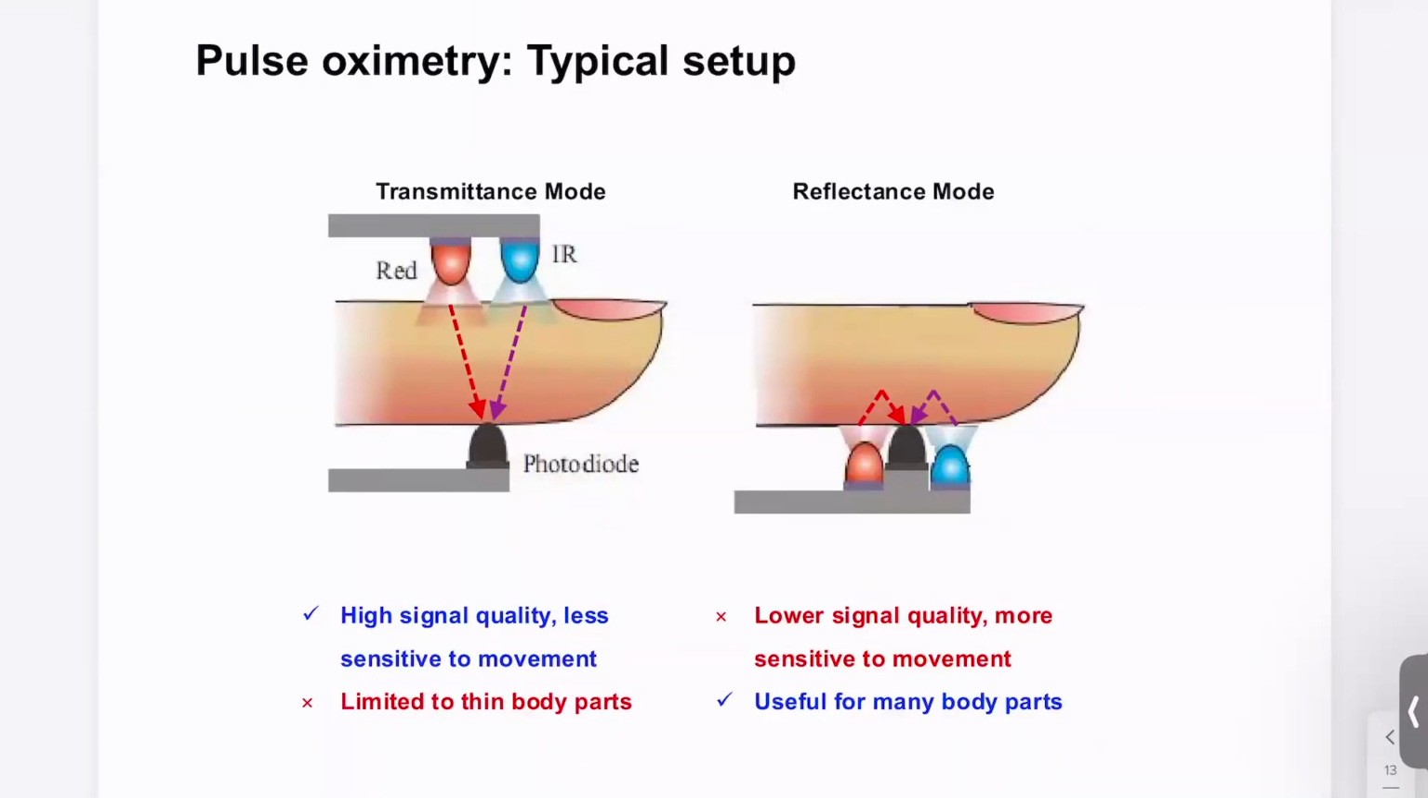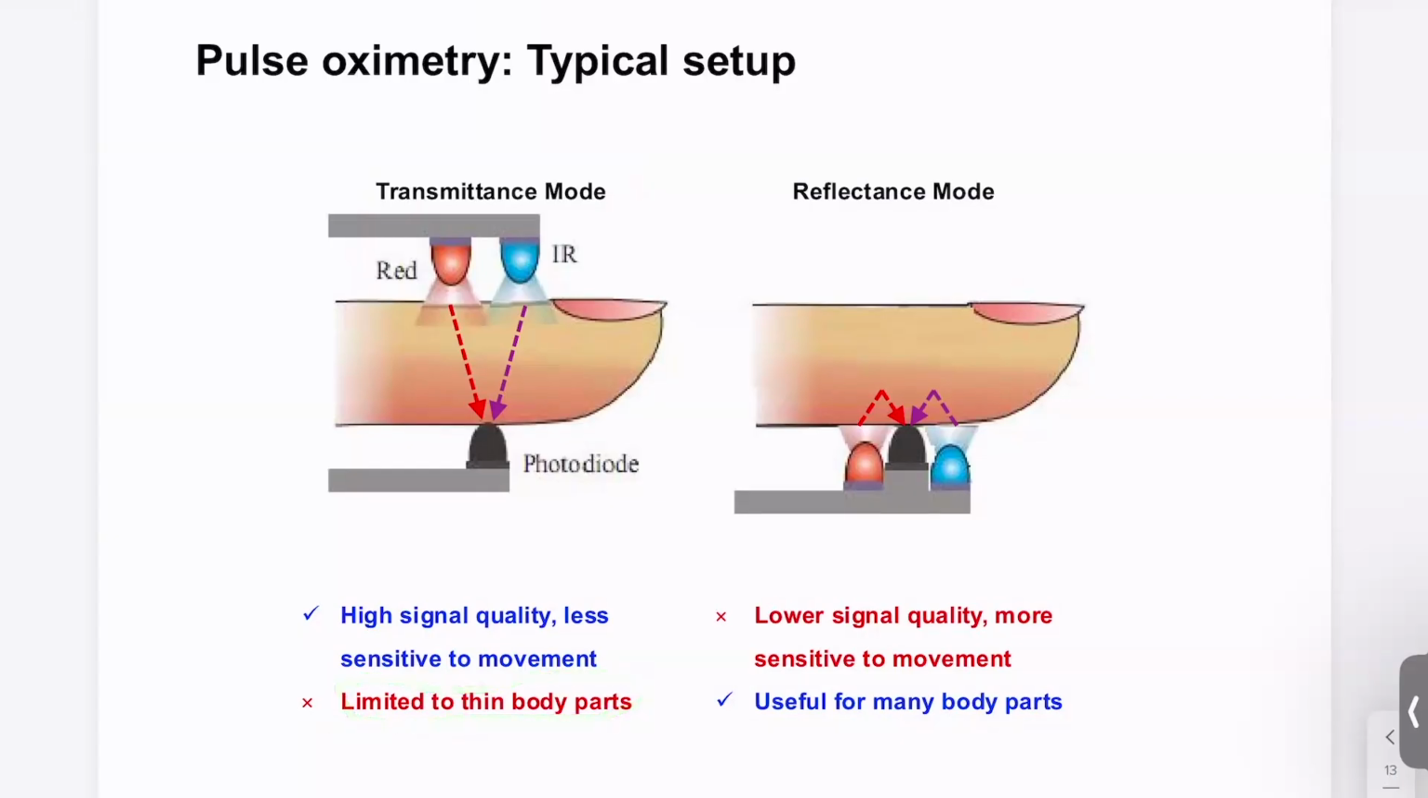Okay. There are different pulse oximeter parameter setups. On the left, the first one is transmittance mode, which is the mode we use in the standard pulse oximeter, the medical device. So we have a red light, we have an infrared light, then they travel through your finger and reach the photodiode. This is the transmittance mode. This mode has higher signal quality and is less sensitive to movement, but it's limited to thin body